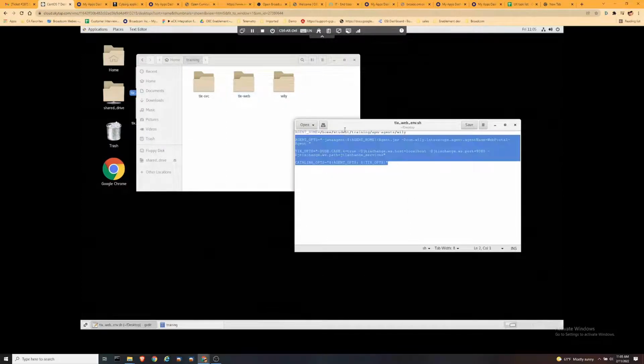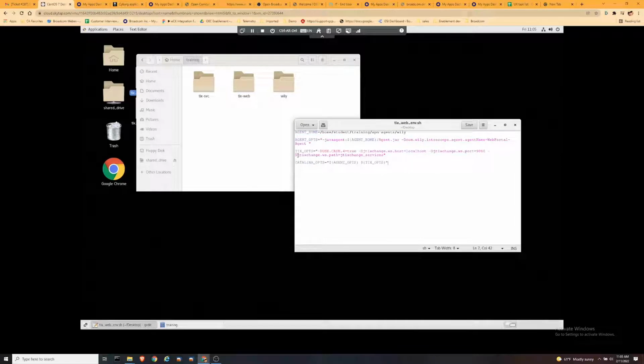So anyway, if you study this carefully, you'll note that you're adding this into the command line of the agent ops. The agent ops is set to this, which includes the agent home, and the agent home includes this path up here, which is home students training APM agents Wiley, which is where the agent file is supposed to be. Okay, but if I look in this path, and this is something you should always do when you're setting up an install,